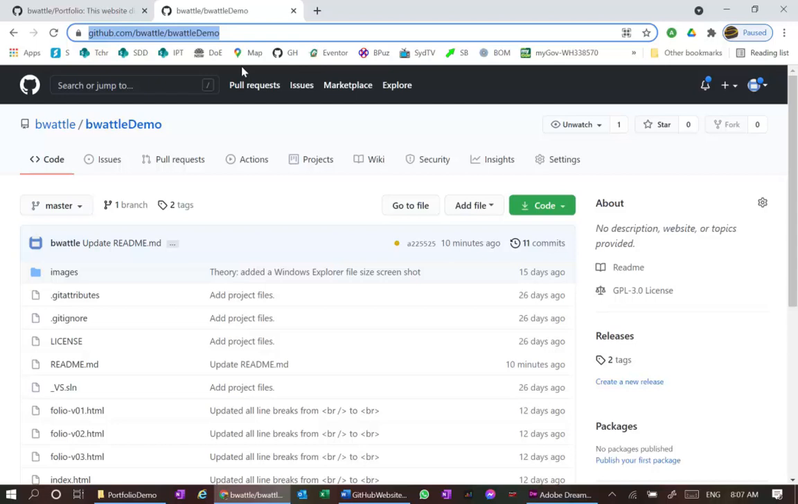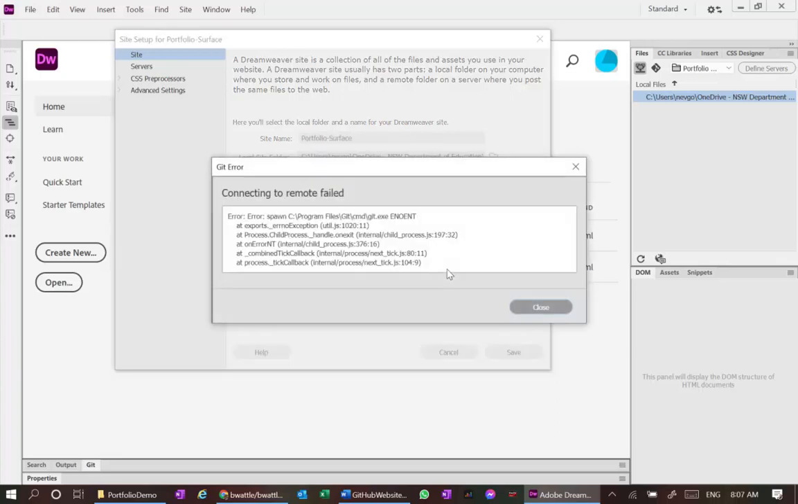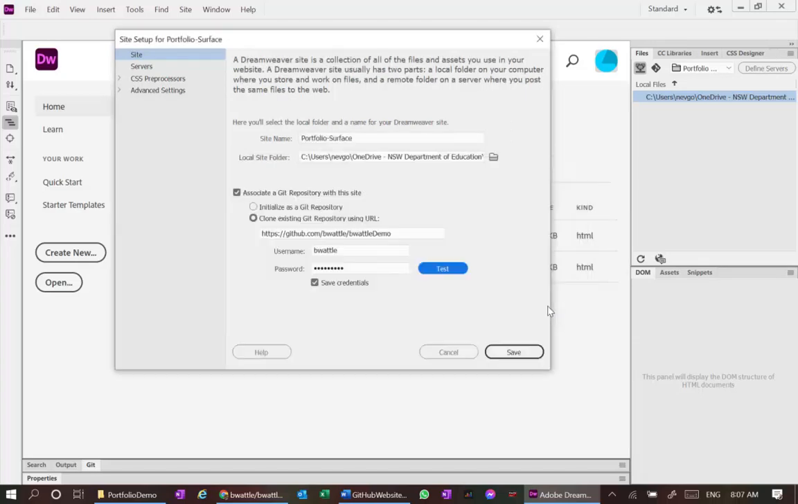So I'm going to copy that and I'm going to put it into Dreamweaver. So your address here will be different. Your login is bwattle. And I want to save those credentials and test. Now, although this test is not working for me, it does work. I'm not sure why that's not working, but for you, when you do that test,